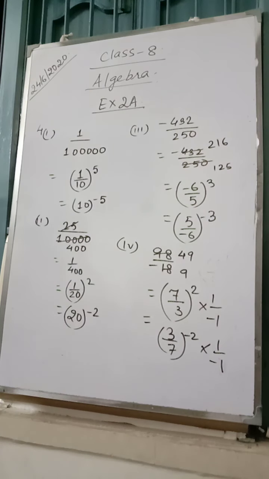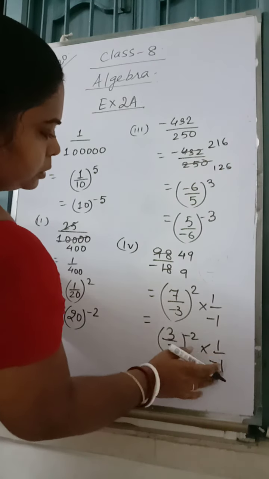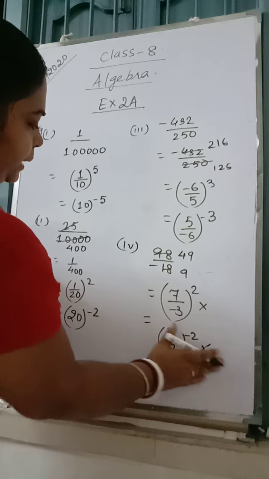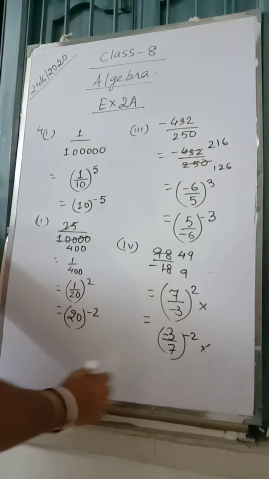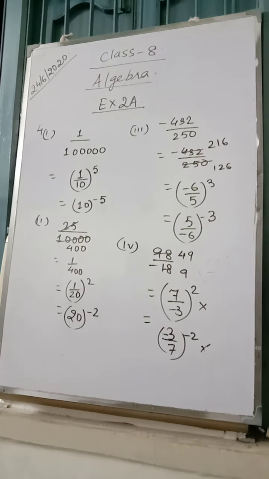I don't know why it is. If it is in square, we don't need to say. Let's see in the answer what they say. They are writing minus 3 by 7. So just leave it, you also write minus 3 by 7, because we are not going to solve it, so we are writing in exponential form. This is okay.